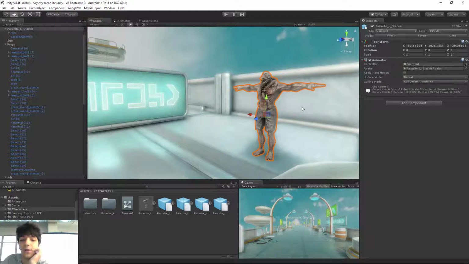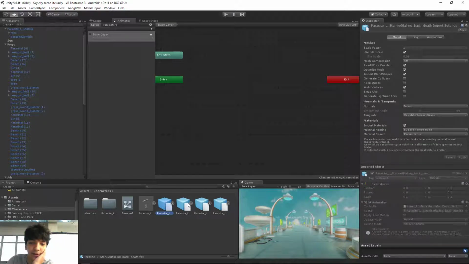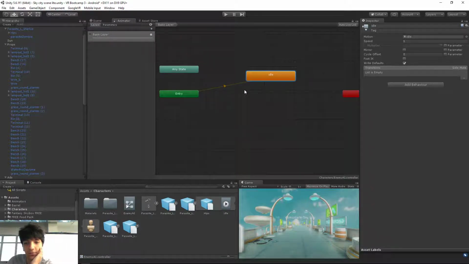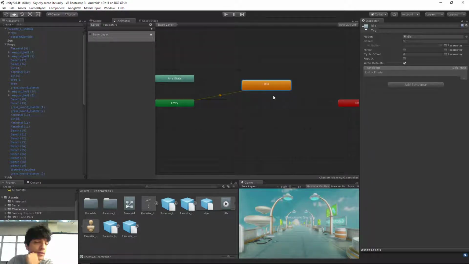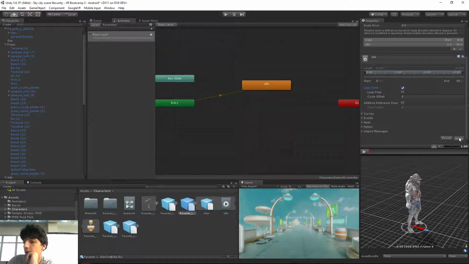Then when you have that set up, you can double click the animator controller to open it, and you'll be greeted with this menu, just like how we've had before. In here, I want you to pull the idle animation to start with. The idle is usually the one that's just the baseline animation. Once you have it in here, you double click that to make it loop. Click loop time, apply, and